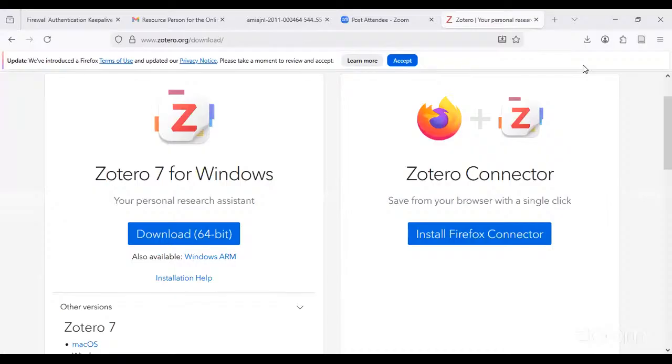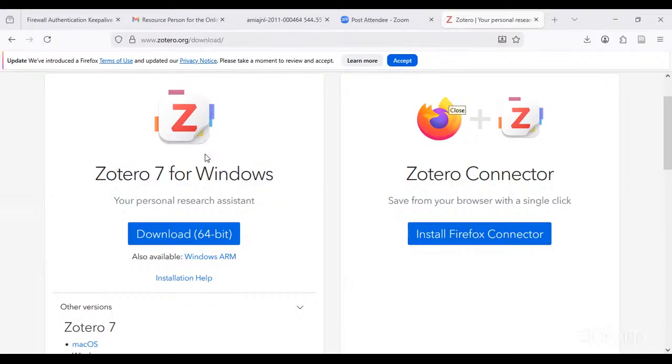It will ask for permission, so just click on yes. These are very simple steps to install Zotero. Just click on next, keep it as standard, then click on next. After that, it shows the path where your Zotero software is installed. I have already installed this software, so it asks me about the upgrade. But here the finish button is shown if you are installing it fresh. So you just click on the finish button and your software will be installed.